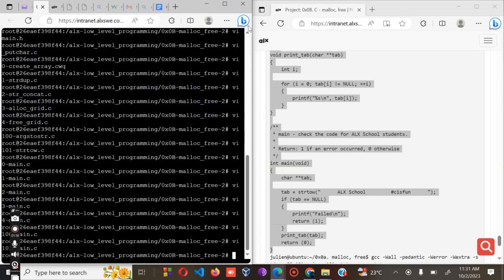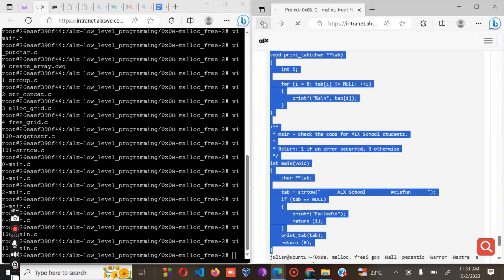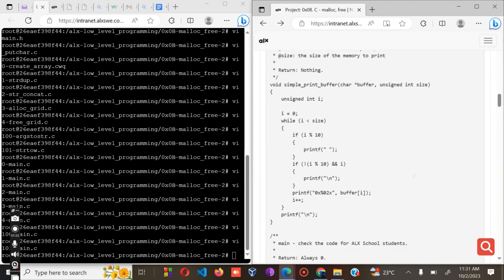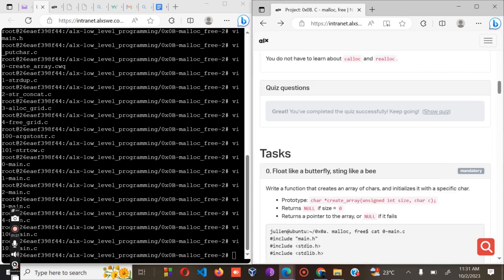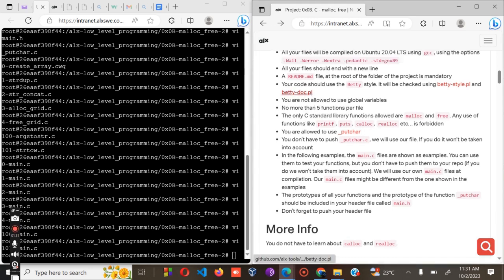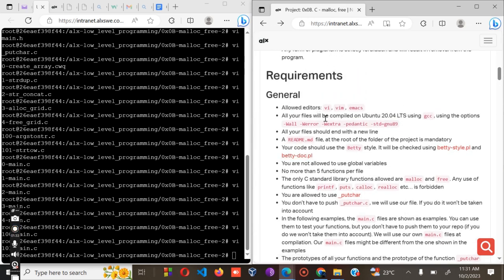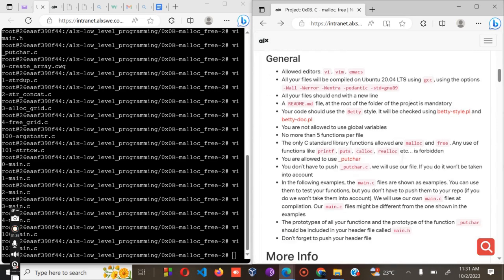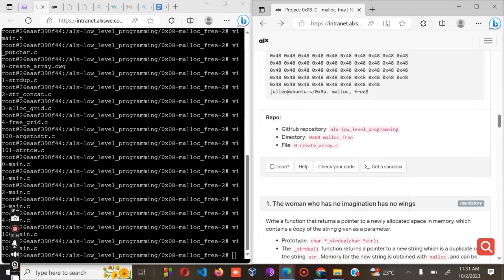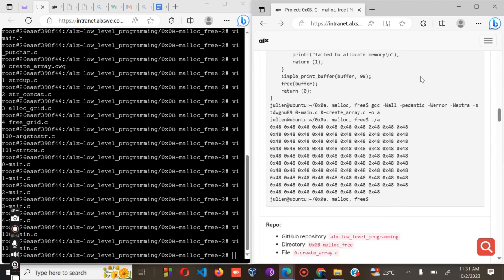Now the next part, as per the requirement, number 2, all your files will be compiled on Ubuntu. So copy this part. So copy,